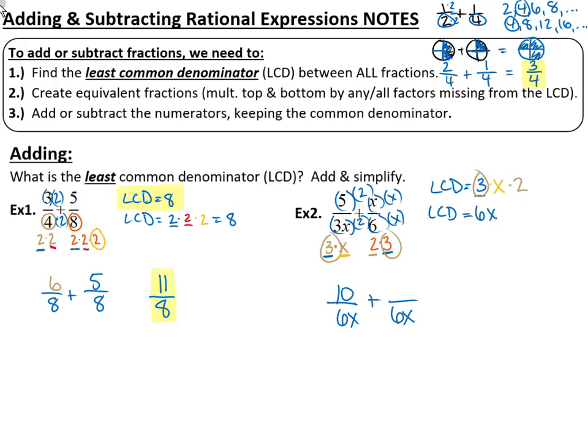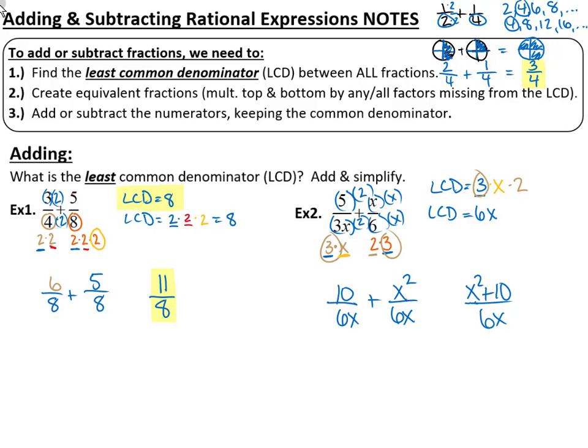And x times x makes x squared. Okay, now remember we have our equivalent fractions. We get to keep the denominator, 6x, and we can add the numerators together. Well, unlike in the previous problem, these are not like terms. We can't actually combine them, but I can write them as positive x squared and positive 10 added